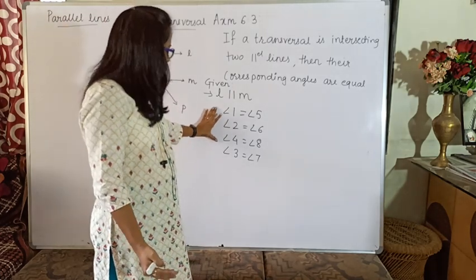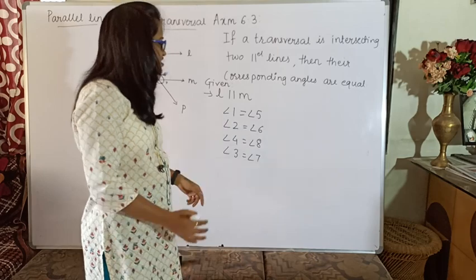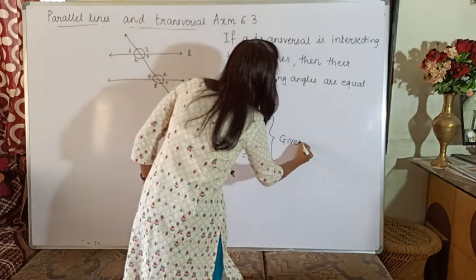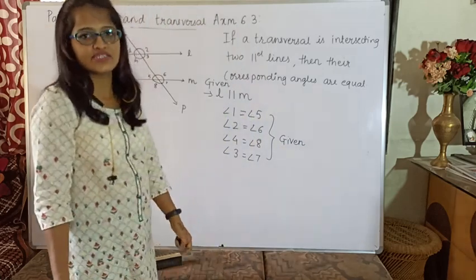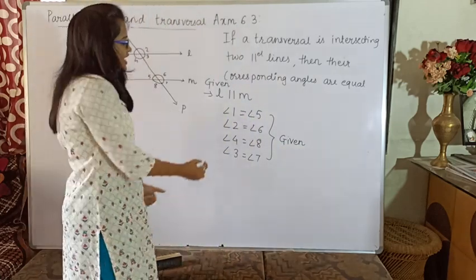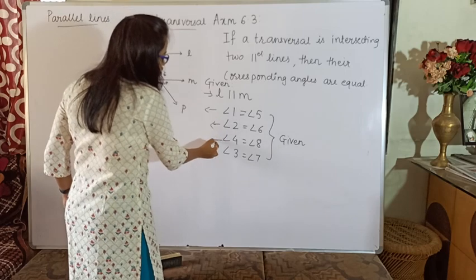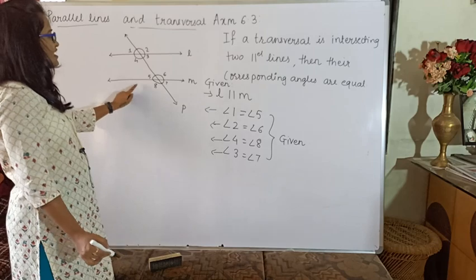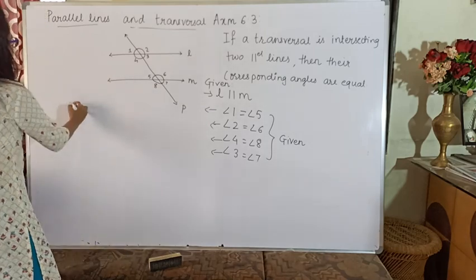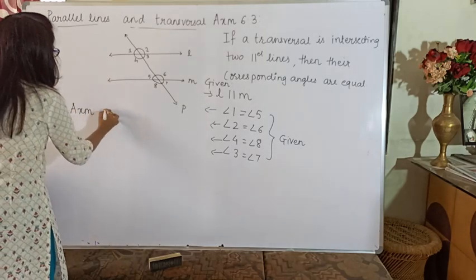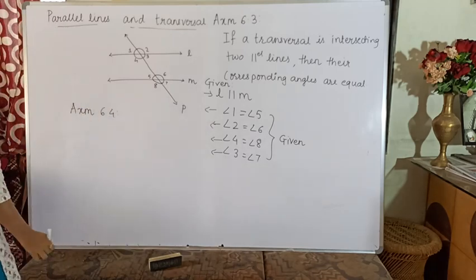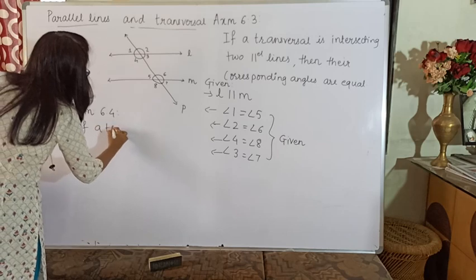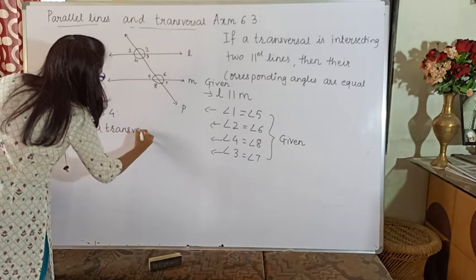It means whatever we have written here, if this is the given condition, any one of these angle pairs, it is not necessary that all angles be given as equal. You can take any one pair. If any one pair among these is equal, then I can say that the two lines are parallel. So this becomes your next axiom, axiom number 6.4, which says: if a transversal